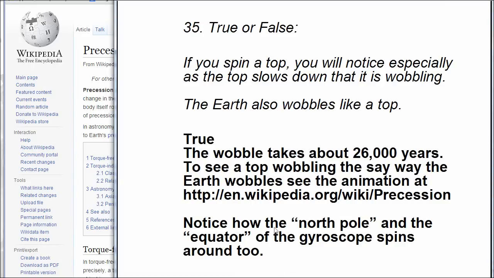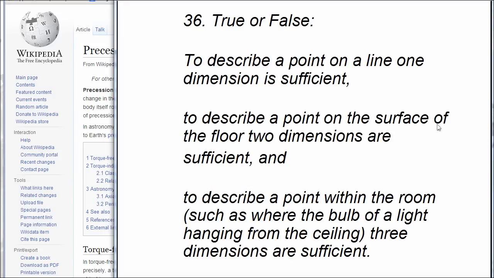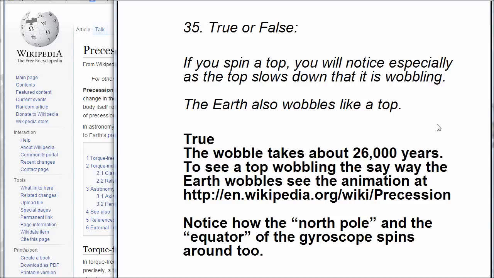Okay, so I wrote here, notice how the North Pole and the equator of the gyroscope spin around too. So as the Earth wobbles, the North Pole goes in a circle, and the equator spins all the way around as well. This is what the Earth is doing. But let me say one more thing before I leave this slide. How long does it take the Earth to make one wobble? It takes the Earth one day to spin around, but the wobbling, that circular wobbling all the way around, takes almost